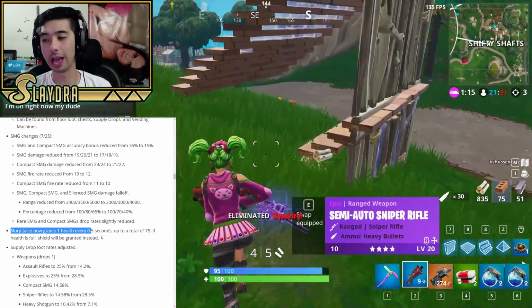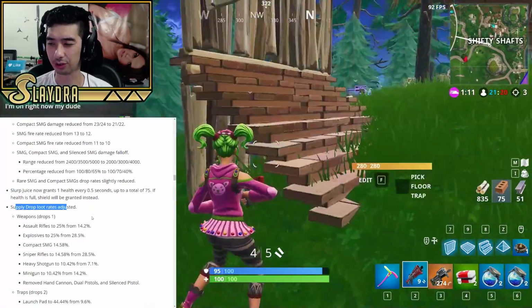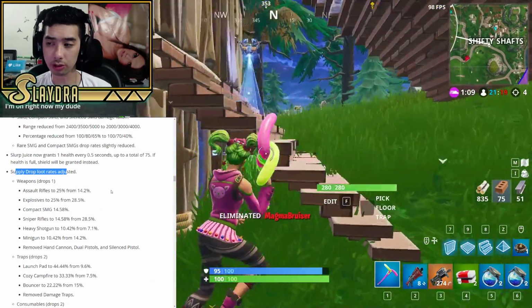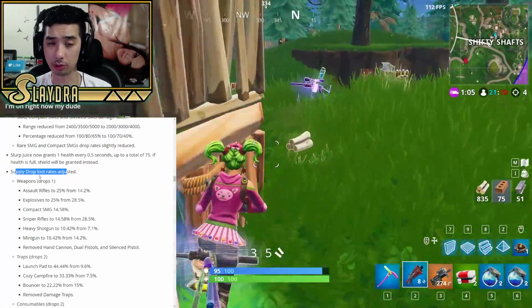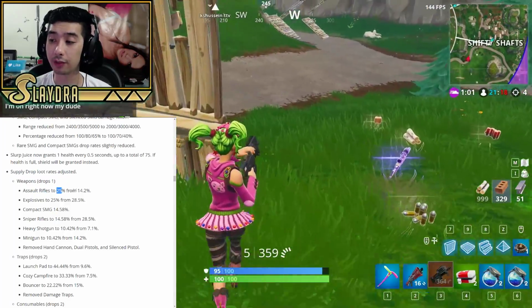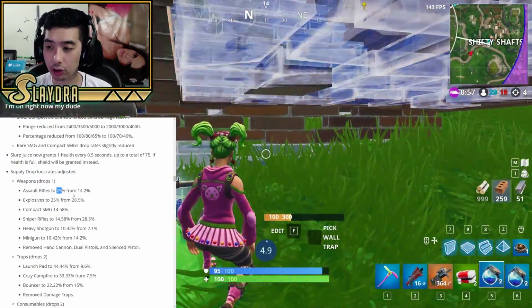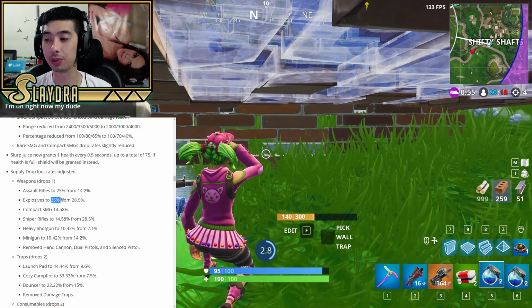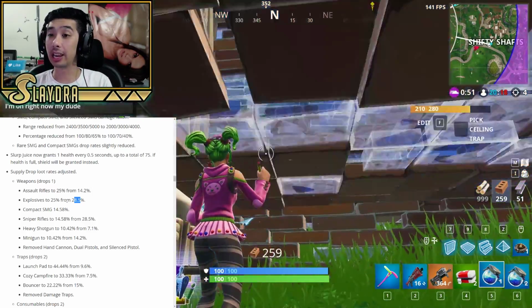So it's just a flat buff to the Slurp Juice, but they also increased some of the different supply drop loots. These are adjustments here, so these are, again, supply drop loot. It's actually a little bit better now for certain things. So assault rifles from 25 to 14%, so a reduction of chance for getting them out of the supply drops. The explosives have actually been increased by a little bit,